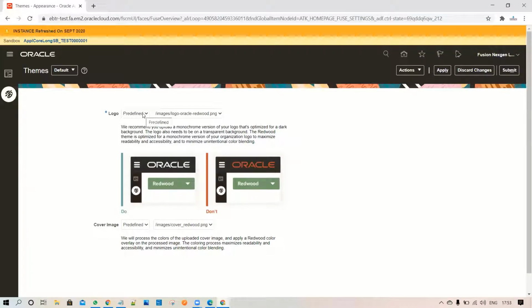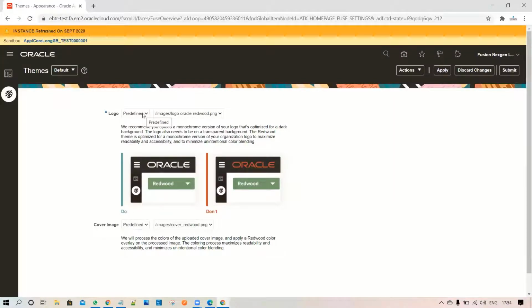You can set the logo, your customer's or your business logo, based upon the customer requirement. The only thing is that if you are using any logo, that logo must be transparent because the base is black. If you are using a non-transparent logo, then it will be reflected on the UI.